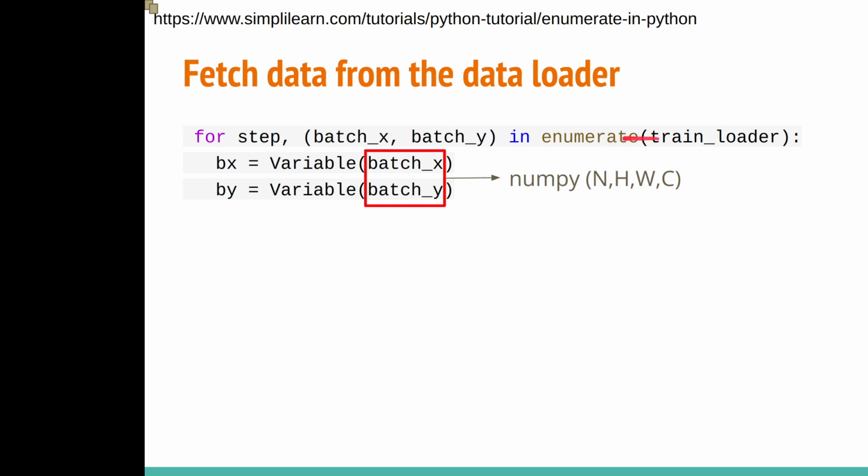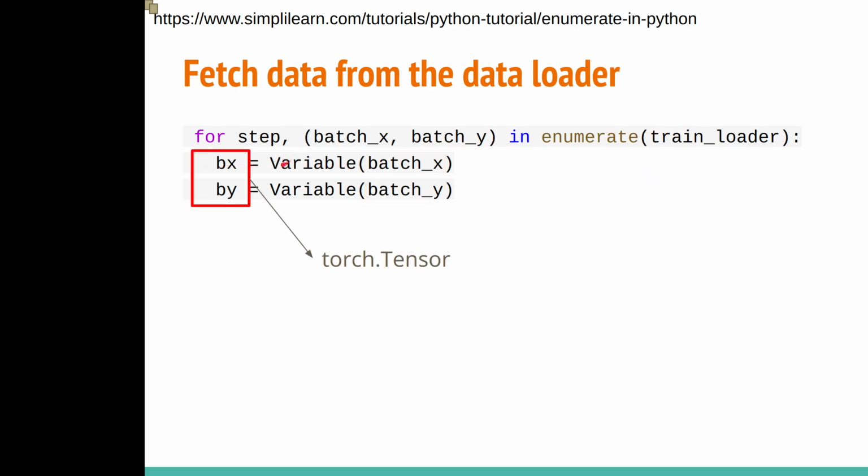So this statement will actually get a batch of the samples from the data set and then save it in the batch X and the batch Y here. And the X is actually the input, Y is the output label. X is the input image for the computer vision task, computer vision data set.